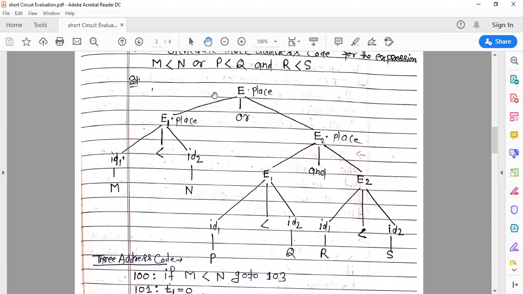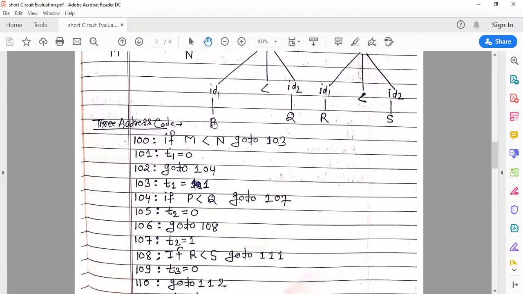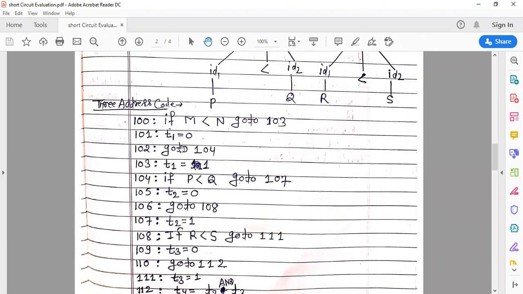But in this Boolean expression, when we write the 3 address code, you can see we are using the T1 and T2 temporary variables. These temporary variables store the false statement and true statement. T1 is equal to 0, this is the false statement, and T2 is equal to 1, this is the true statement.